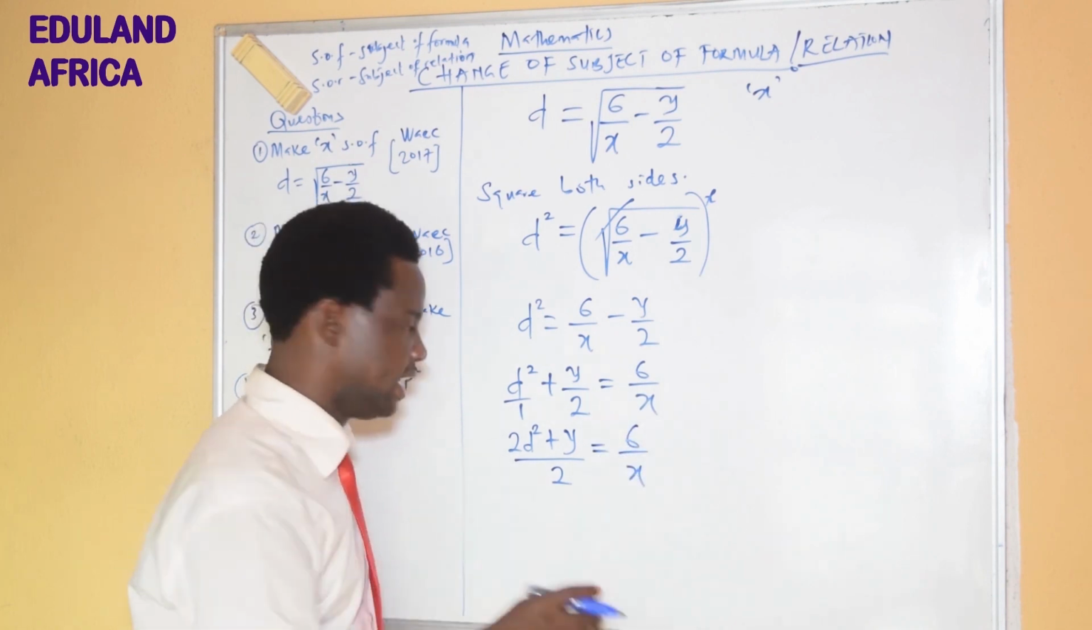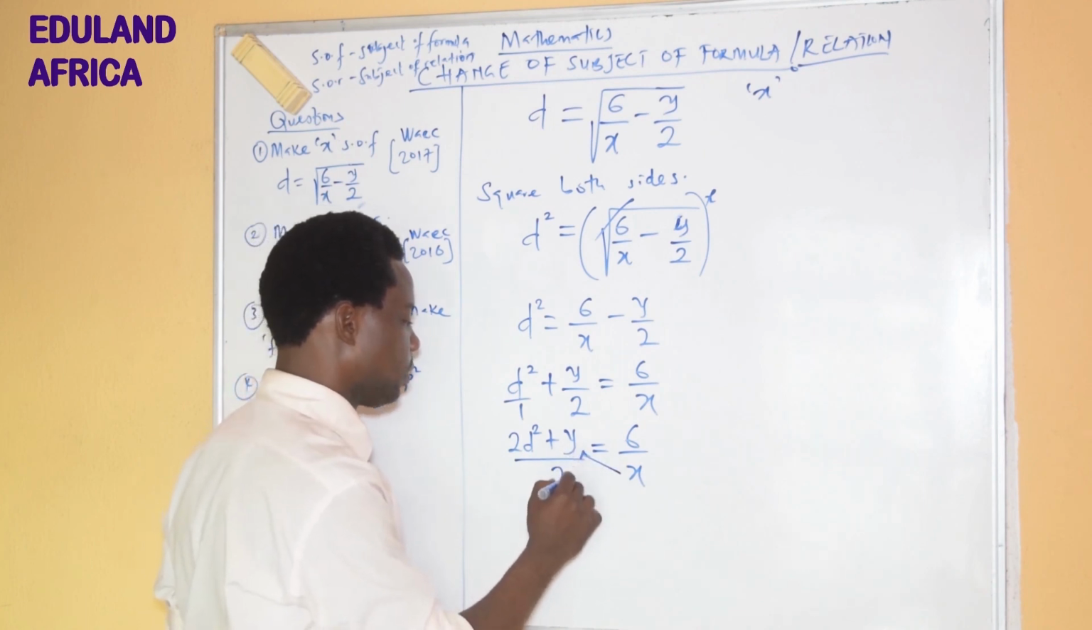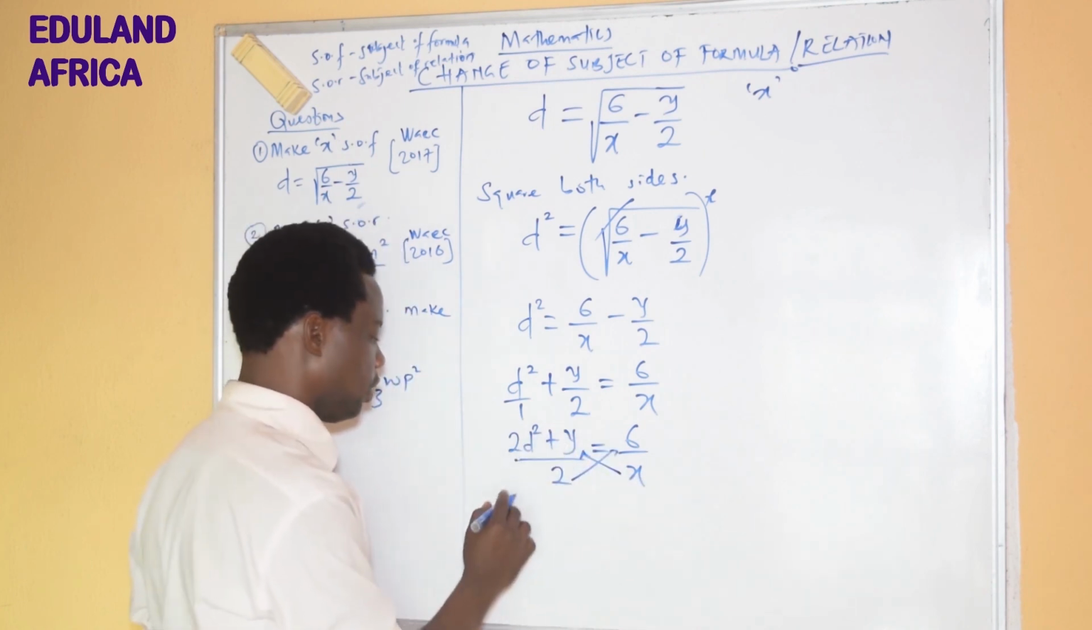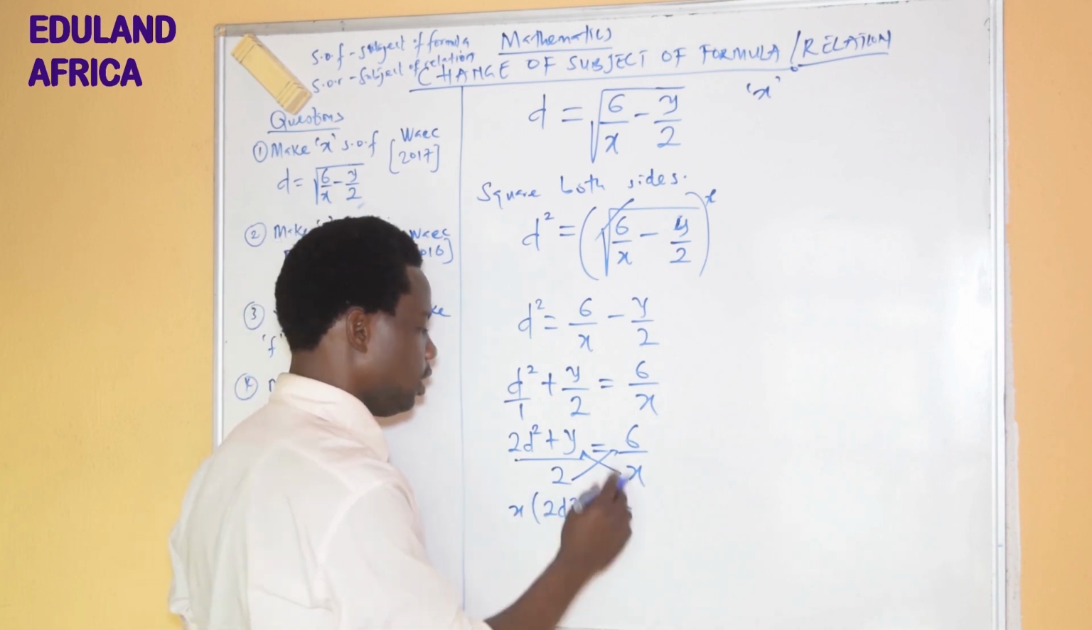Like I said earlier, now you can cross multiply. So x times the whole of this, we have it to be what? Equals 2 times